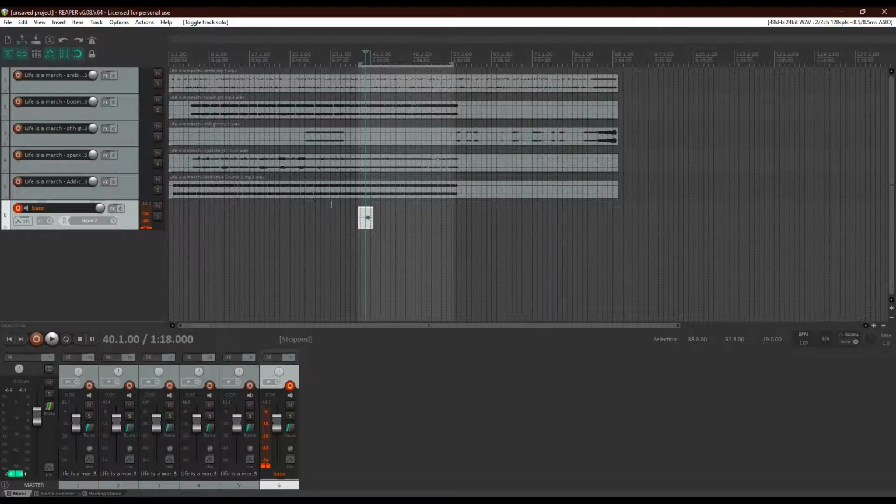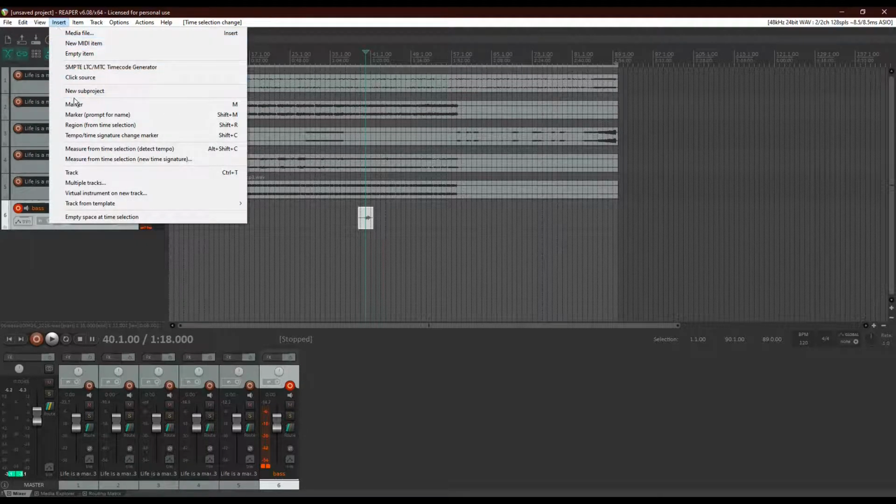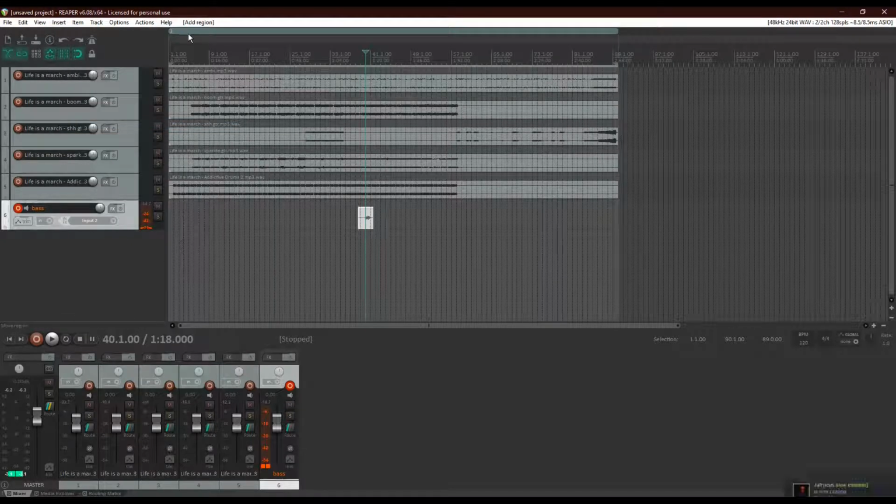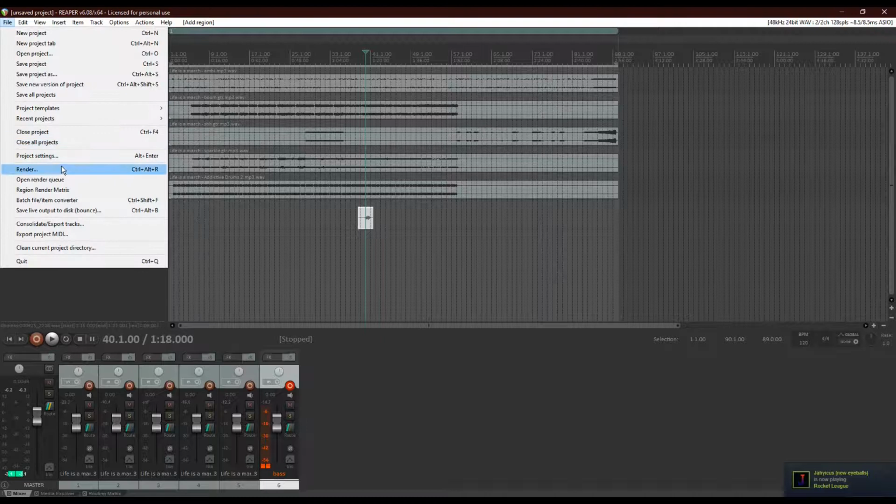And now to render it, what I do is I always use the same portions of the song. So this is the entire length of the song in BandLab. I actually go into insert, and personally I do a region. So I always render this as the song, but otherwise you can just select it. And now you go to File, Render,